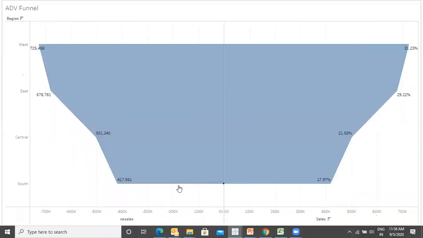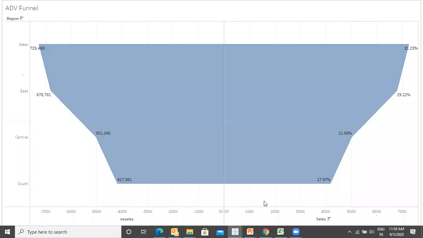Here it is. So on one side you are displaying the exact value and on the other side you are displaying the percentage. This type of funnel is known as advanced funnel. Is this thing clear? Yes. So explain it to me one more time, sir.